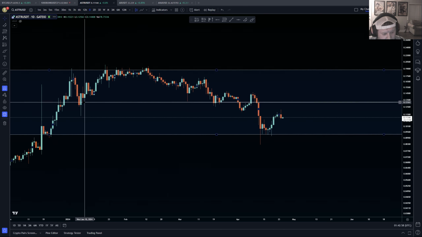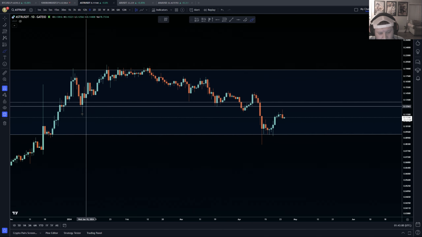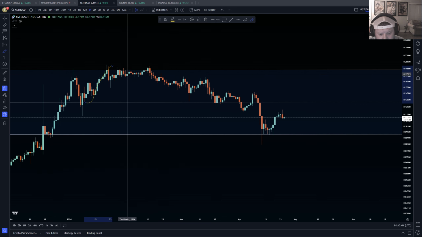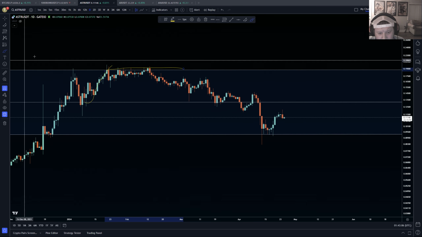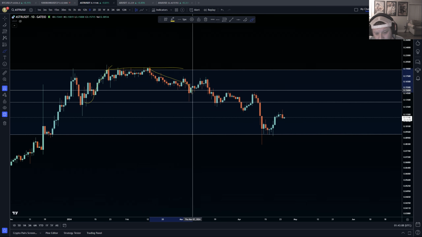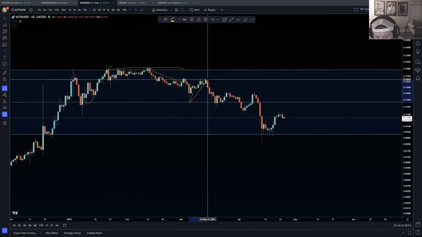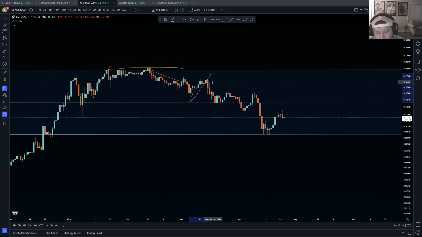Okay, look at that. Back test up, resistance all across. Got wrecked. Came down to the midpoint. Guess what? People longed that to a nice little